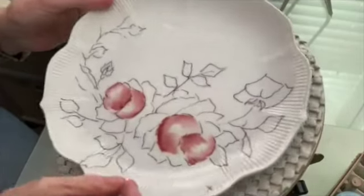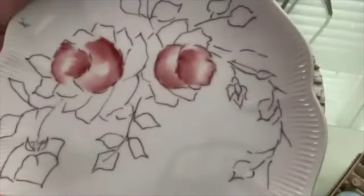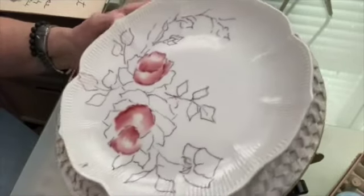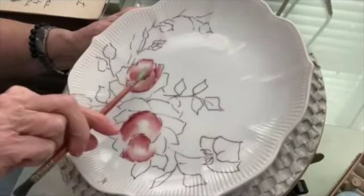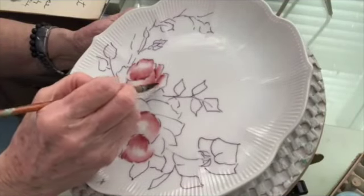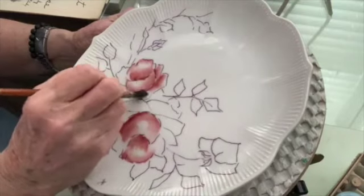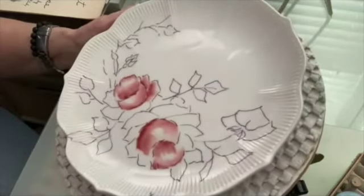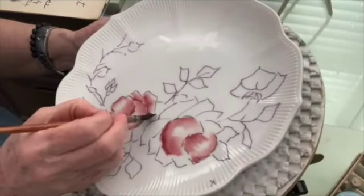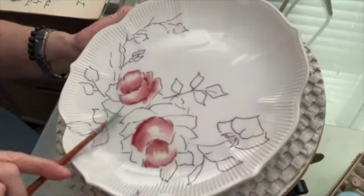Okay? So this is what I have so far. Let me turn it so you can see a little better here. Okay, now I side load again, and I'm just going around, and now I'm doing these petals that are the closest to the base. I'm just kind of pulling them around the base, leaving the edge light right now. I'll go back and get that later. Here too. Now, this petal is going to be on top of this petal,